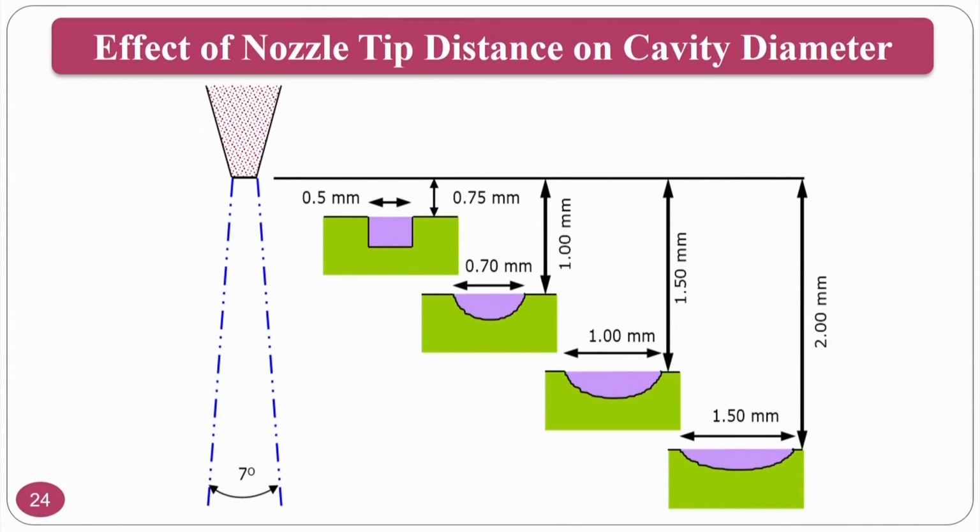So, nozzle tip distance versus cavity. If the tip distance increases, what will happen? The cavity diameter will increase and the depth will decrease. If you see here,